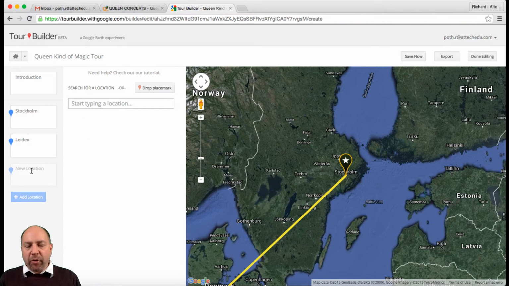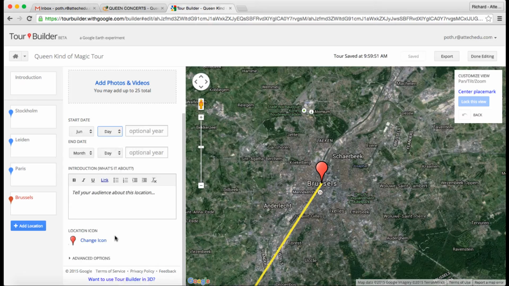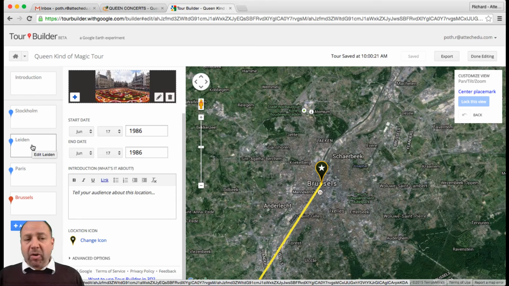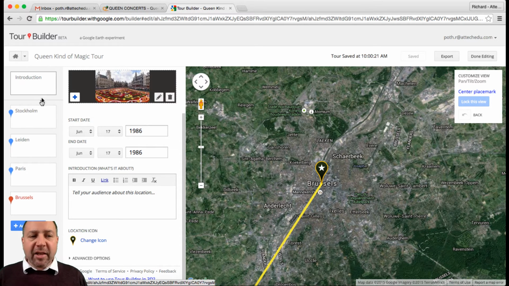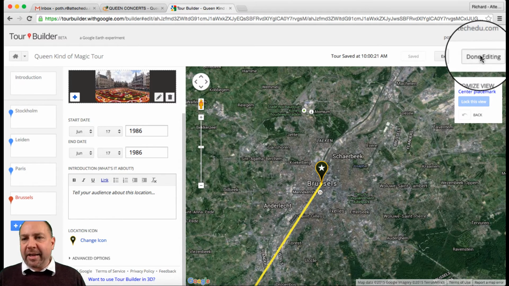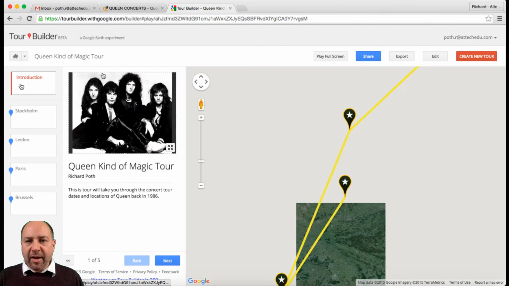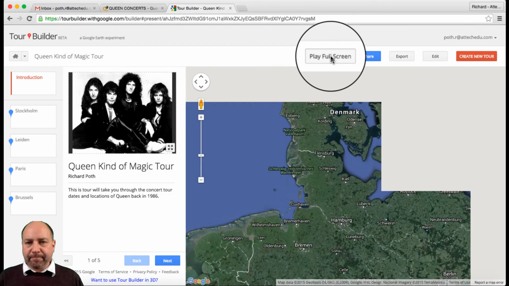So I'm going to add several locations here and go through this quickly. Okay, so I've added 4 locations here. These are the first 4 locations that Queen visited on their tour in 1986 for Kind of Magic. Now what I need to do is click on Done Editing. This has taken us to the last location that we put in. So let's go back to the introduction